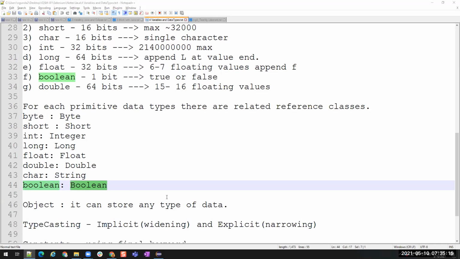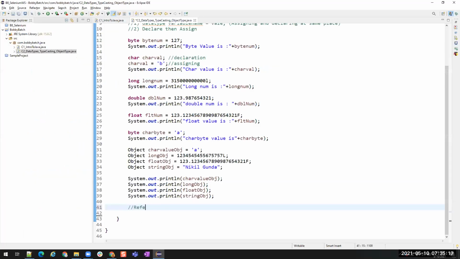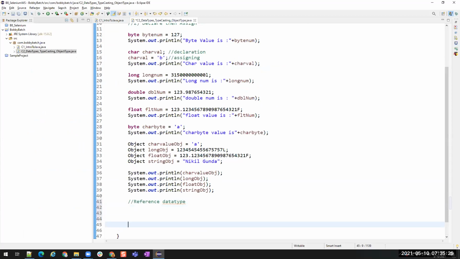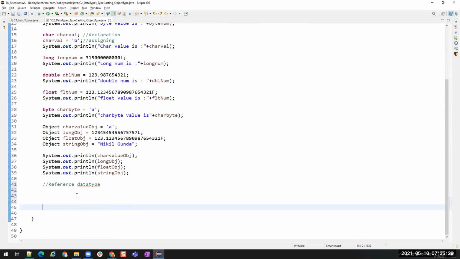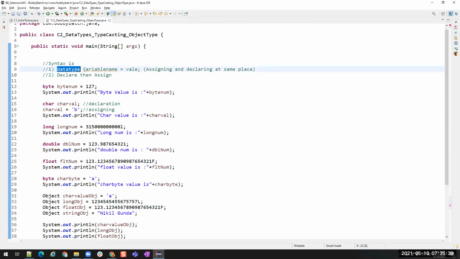Okay, let me show you how we use reference data types. There are two ways here also. Suppose I want to store an integer value, then this is the data type, same syntax: data type, variable name is equal to value. It will be the same for everything.